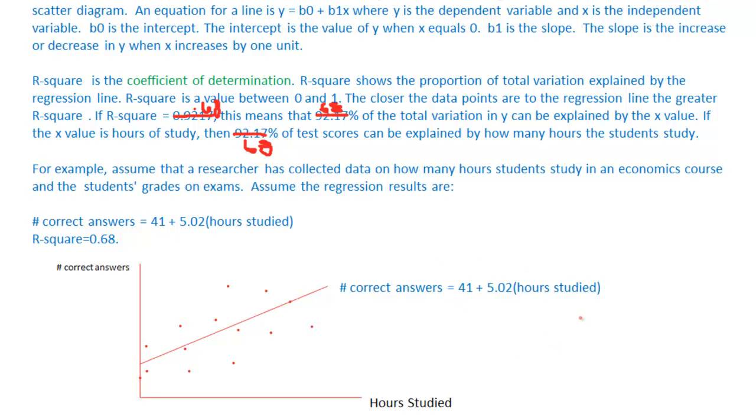So if somebody tells me I studied for 2 hours, how well do you think I'll do? Well, I'll take 41 plus 5.02 times 2 hours, and you're going to get 46 point, it's supposed to be